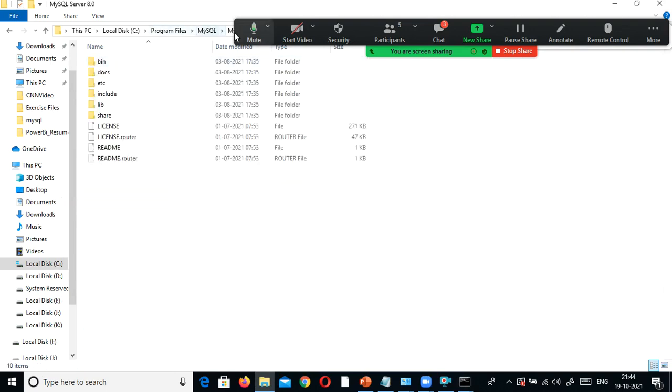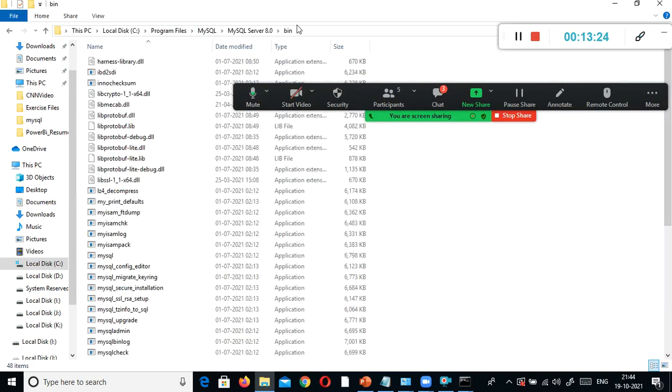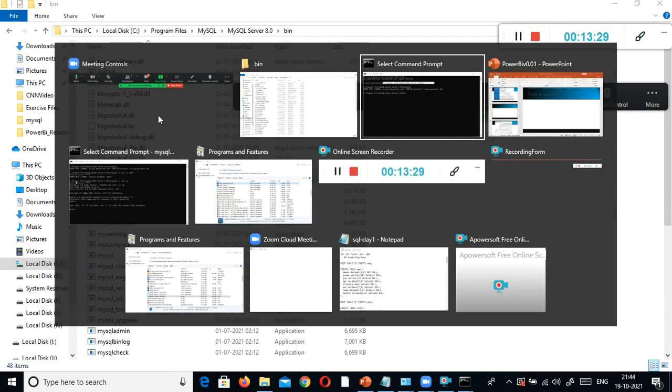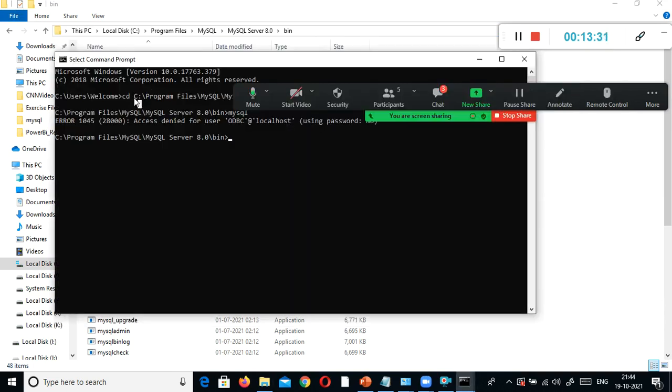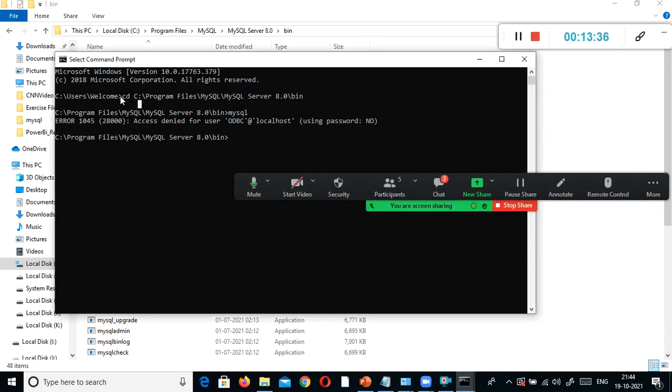Select this, and bin, and Control C, and go to your command prompt. Type CD before you paste it. You need to go to that folder, right? CD space, you leave a space and then Control V. Yeah, you got it.